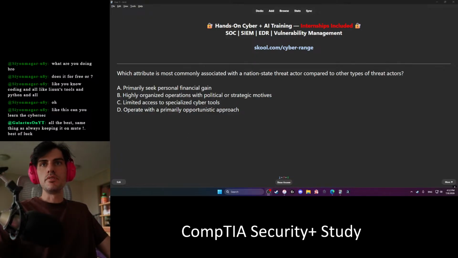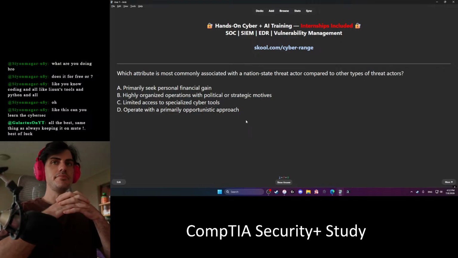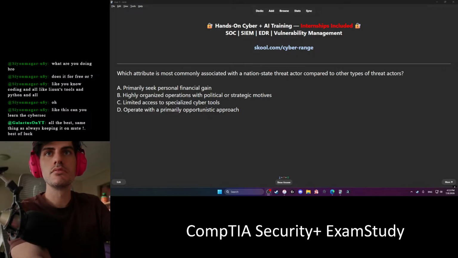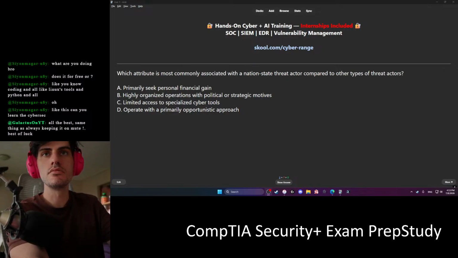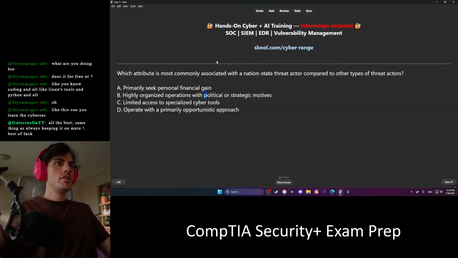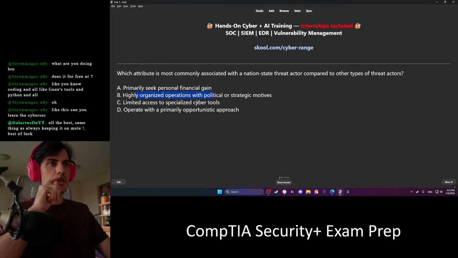So everyone knows what I'm doing. That's better. Most commonly associated with nation-state threat actors compared to other types of threat actors. I think B, straight off the bat.